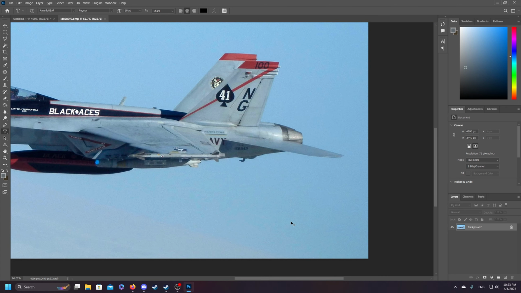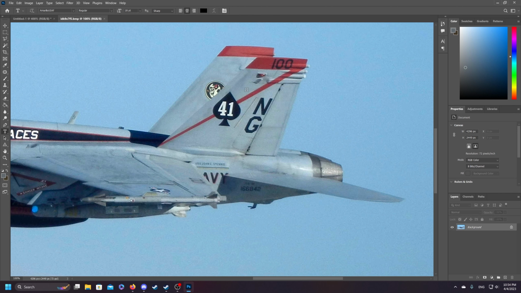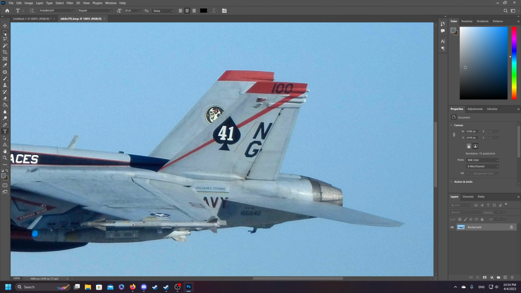So say, for example, you want to get whatever is down there, right? You can obviously make your decals just like the numbers. Or you can even make this tail section here. And the method for doing that